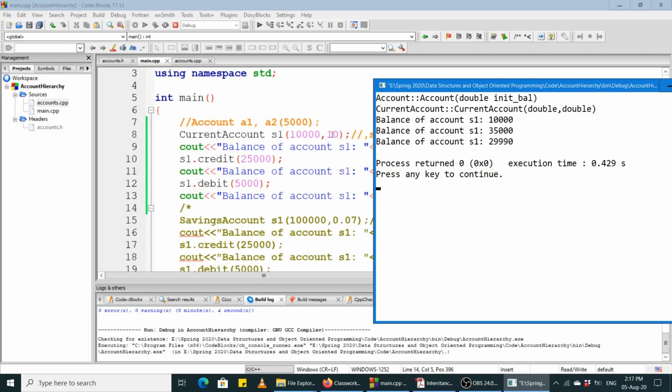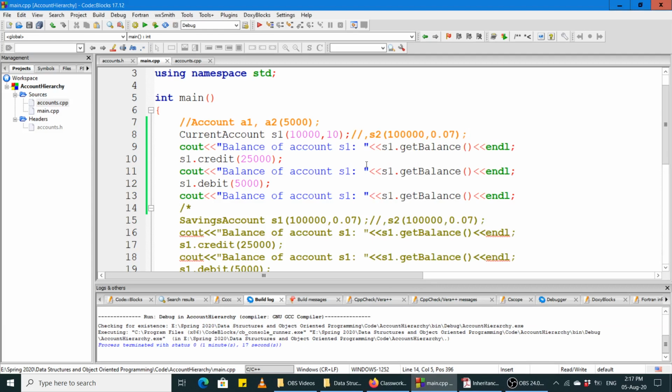ठीक है। ये हो गया। हम बैलेंस को चेक करते हैं, वो है S1 का बैलेंस 10,000, हम फिर उसमें 25,000 क्रेडिट करते हैं तो वो 35,000 बन जाता है, जैसा कि सेकंड आउटपुट से ज़ाहिर है। फिर हम उसको डेबिट करते हैं 5,000। जब हम डेबिट करते हैं 5,000 तो 5,000 डेबिट भी होता है और साथ में 10 रुपये हम फीस भी चार्ज करते हैं, ठीक है। तो फिर हमारे पास बैलेंस जो है इस डेबिट की ट्रांजैक्शन के बाद, ये बैलेंस रह जाता है, ठीक है।